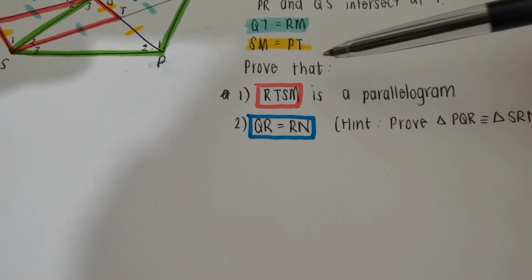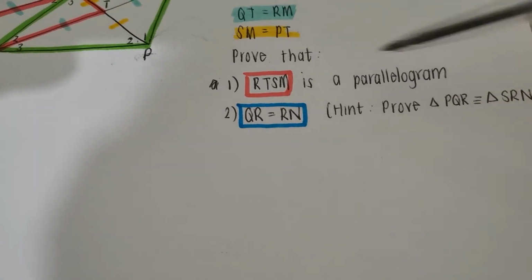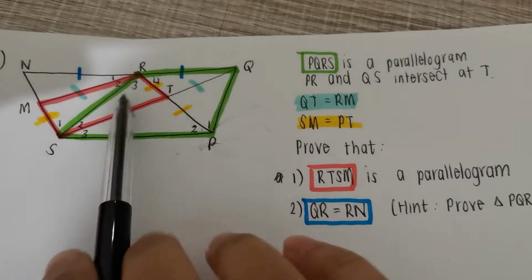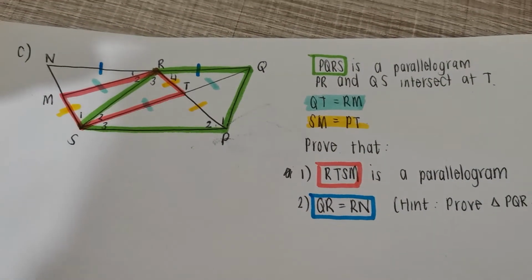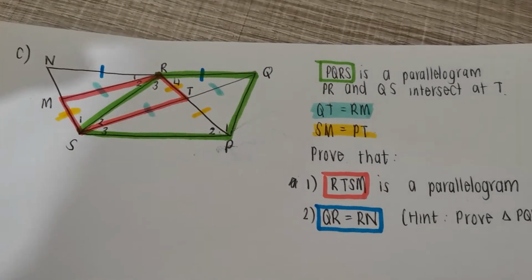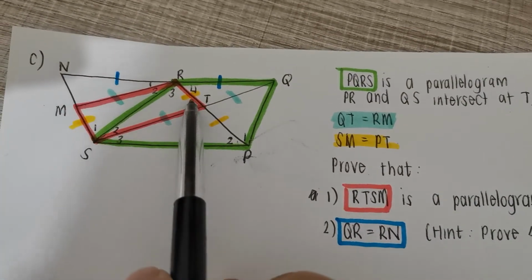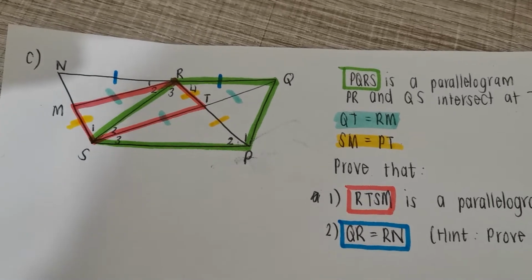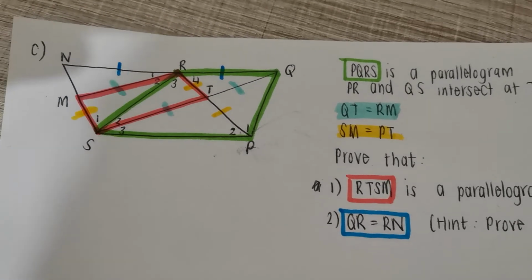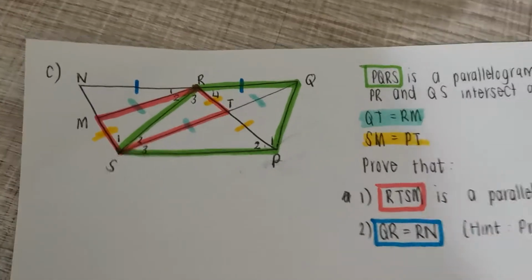The first question says, prove that RTSM is a parallelogram. Highlighted that in this pink color, right? And just by using my colors, you can see already the side and the side are equal, the side and the side are equal, therefore parallelogram because opposite sides are equal. Now let's go ahead and write that down. Okay, so